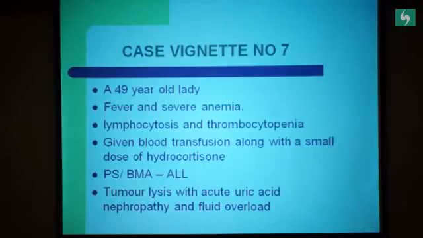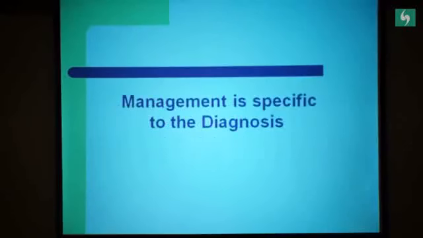So she presented to us later, and we of course made a diagnosis of ALL. She presented with acute uric acid nephropathy and fluid overload with bleeding as a result of tumor lysis. Uric acid was 23 milligrams, and she had to be taken up for dialysis. We used something called rasburicase to stop the uric acid production, managed to get this lady out of it, and started her on induction chemotherapy. She is now in complete remission, going for consolidation.